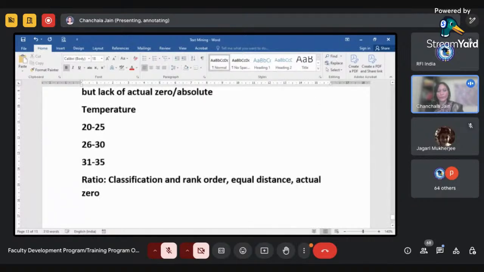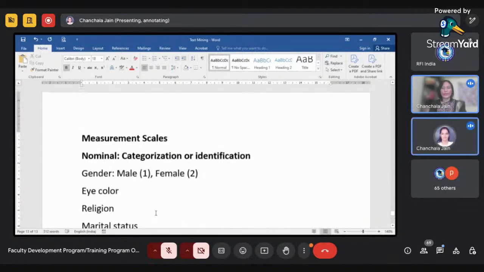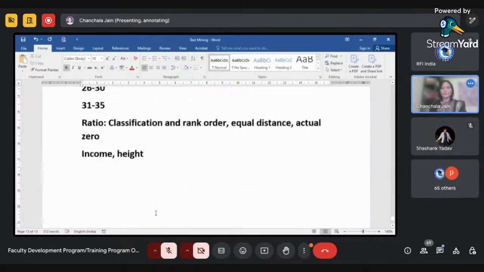Examples are income, height, weight, salary, etc., which come under the ratio scale. Is it clear? All four scales are clear, I think, friends. Yes, ma'am. No doubt here.